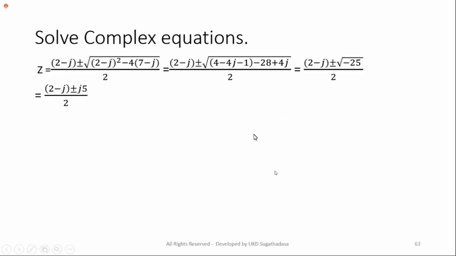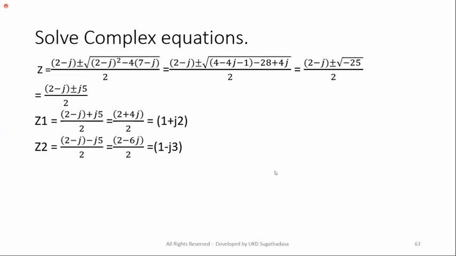That is, the square root of minus 25 means 5j. What is the complex number now? If you take the plus sign, you get this value. If you take the minus sign, you get 1 minus j3. Now you see,